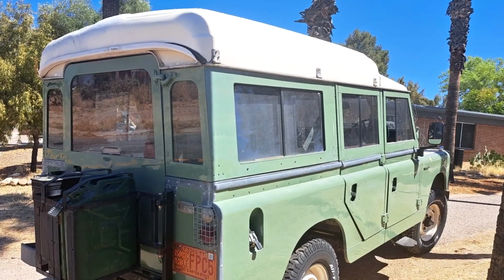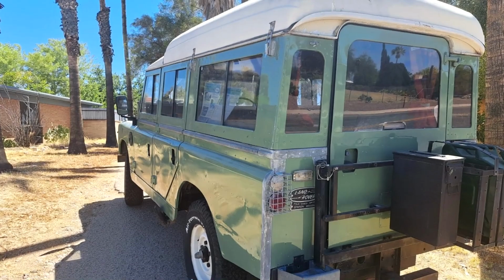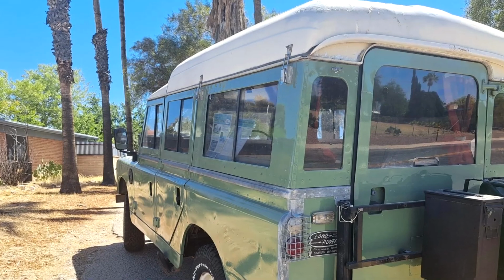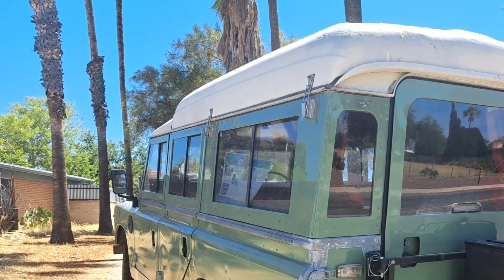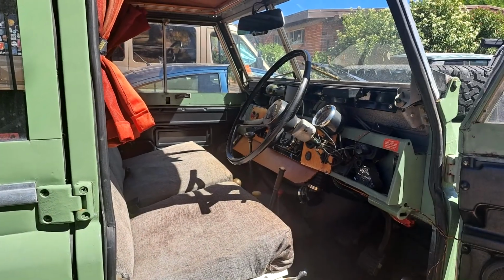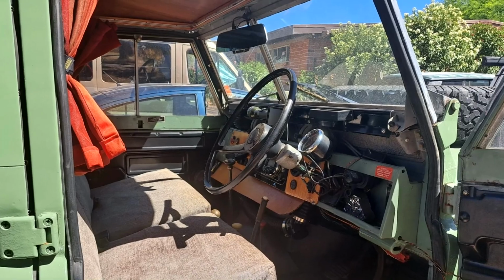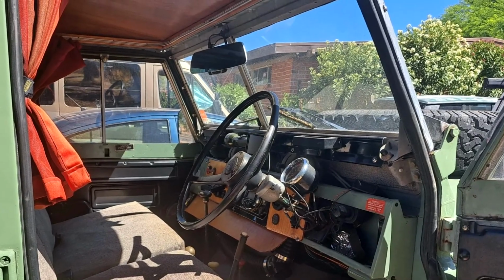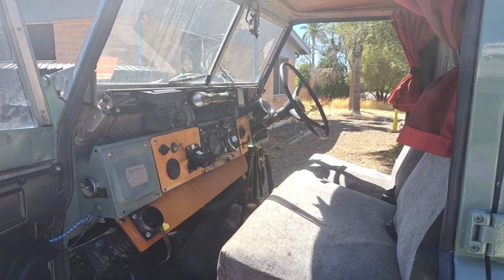This 1968 Land Rover 109 Series IA came into the US in the mid-90s, and it's been living its best life since. It's got a 2.6-liter inline-six engine under the hood, sending power to all four corners through a 4-speed manual gearbox and a super winch overdrive. You also get a dual-range transfer case, which I believe is just British for, yes, it climbs rocks and doesn't